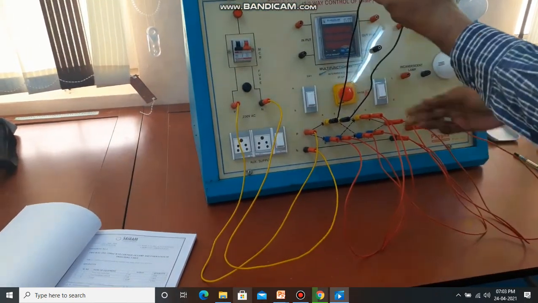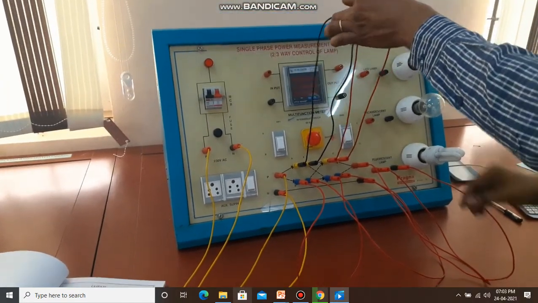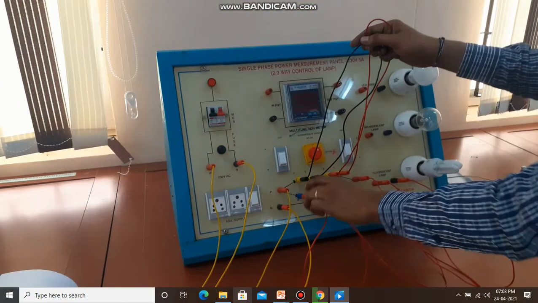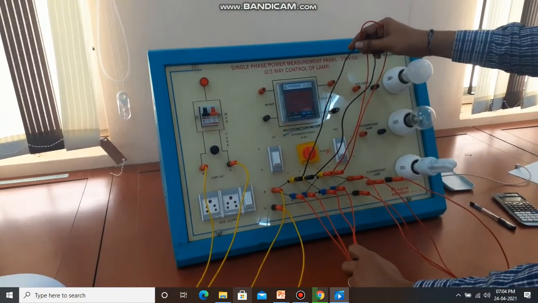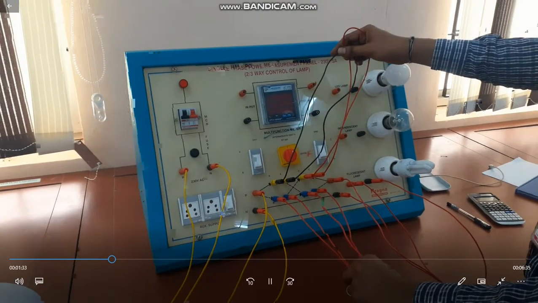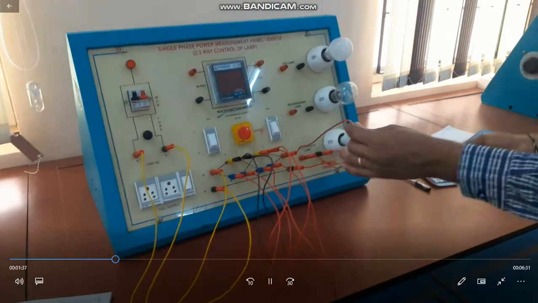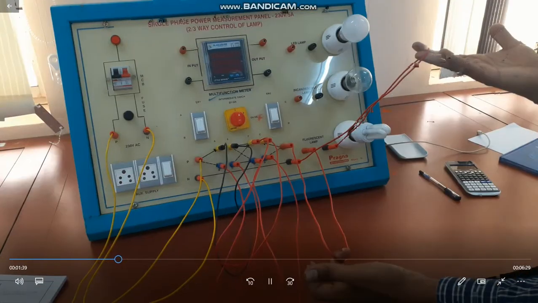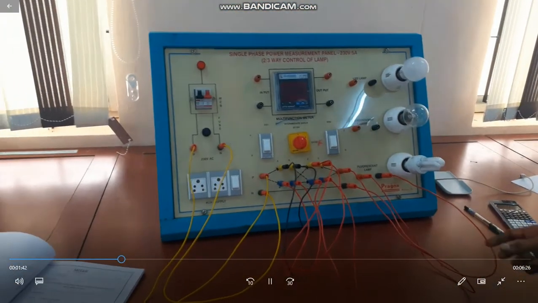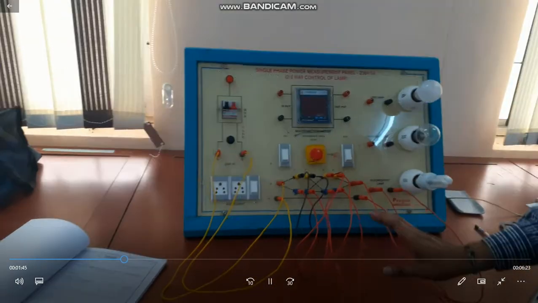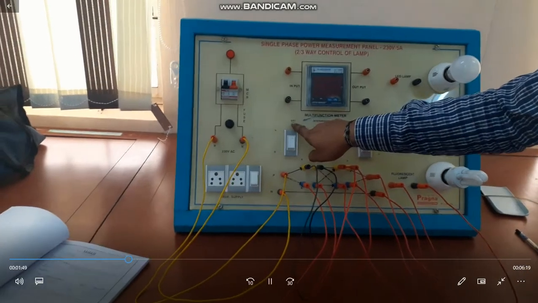if you see, all the line, phase and phase, are short circuited here, and the neutrals are all short circuited here for making the straight connection of two-way control of one lamp. And again here at the load, phase and neutral are short circuited. To exercise this experiment, there is a switch S1 and there is a switch S2. If you see here, this is switch S1.